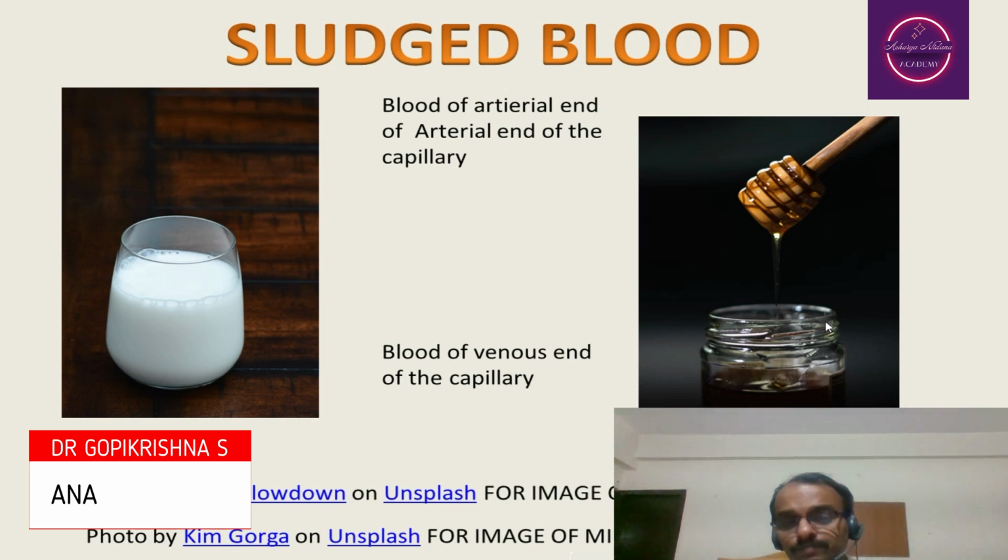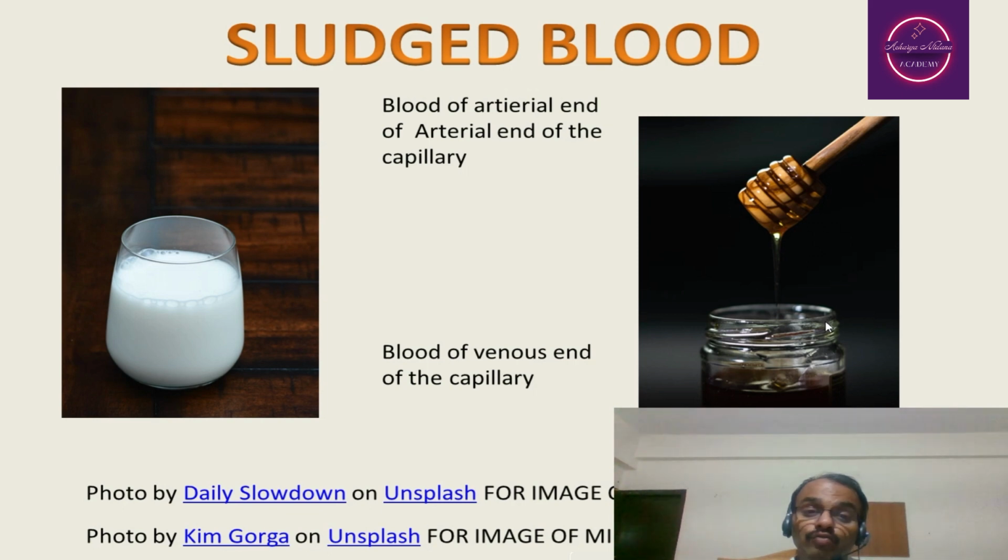This is what is considered to be sludged blood. Whenever any kind of inflammation or inflammatory pathology is happening in the interstitial spaces, more of the water or fluid portion as well as other proteins enter into the interstitial space, thereby the thickness or viscosity at the venous end of the capillary increases, which is one of the initiating factors for the initiation of avarana pathology.